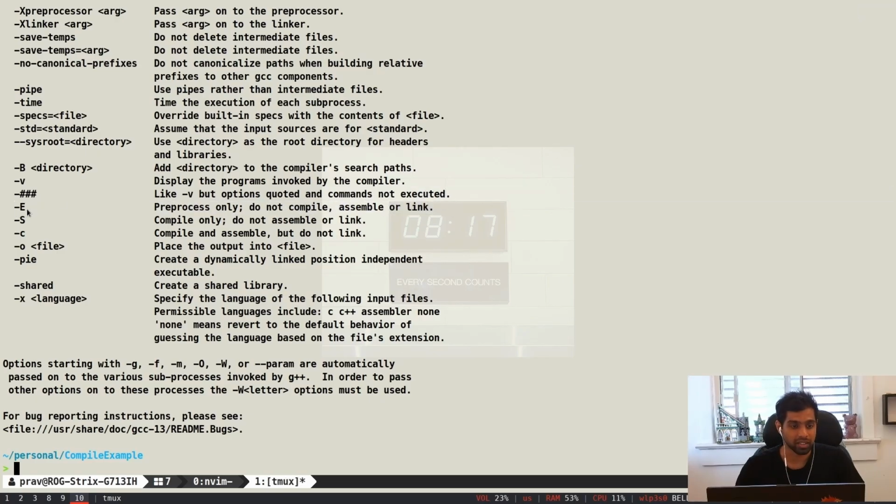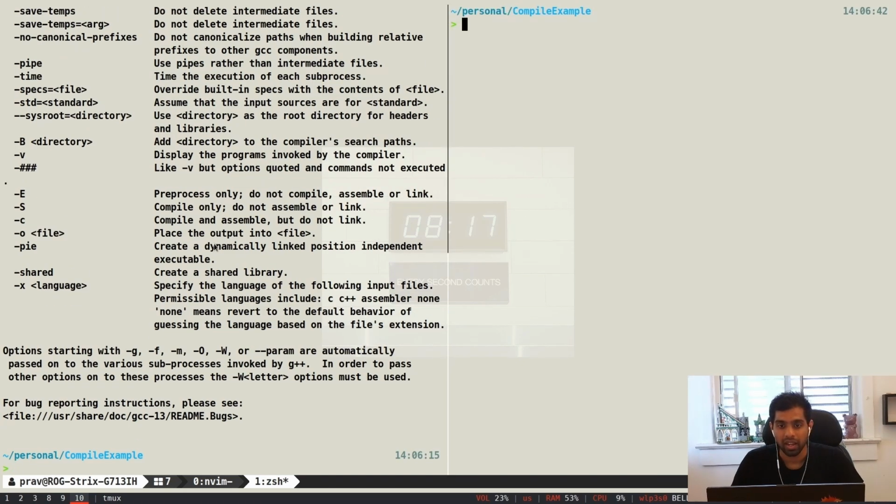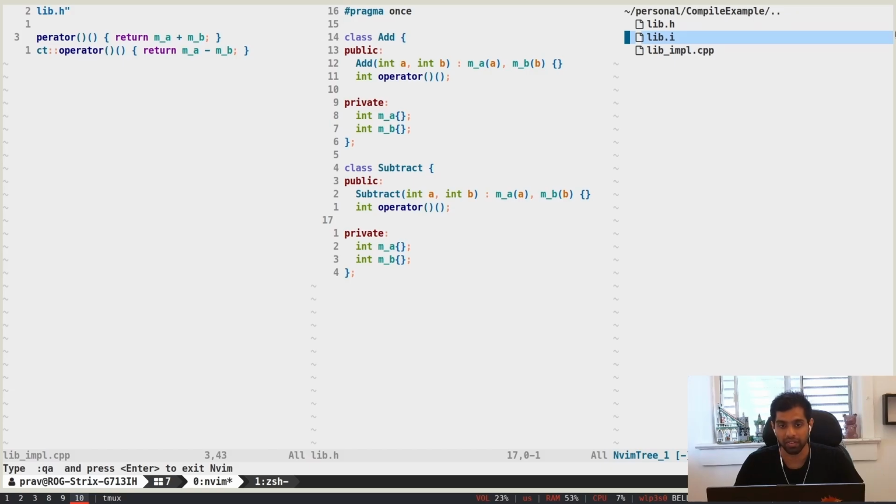So the flag that we need to use is E, and also here it says, oh, I knew this one. If you want to output the file, the flag you need to use is -o. Actually, let's make another pane here. And yeah, so G++, I'm going to use the flag E to pre-process. And we're going to use our implementation file, right? Like lib_impl.cpp. And the output is going to be lib dot i, the extension I told you was for preprocessed files, right? So yeah, I think it did the job,